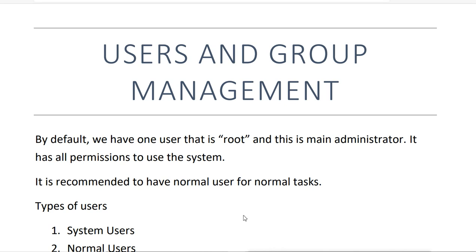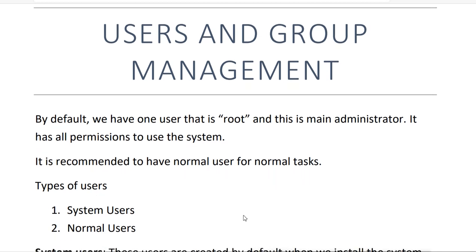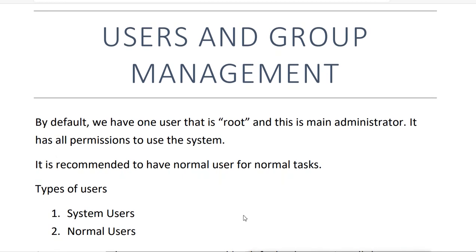This way, the administrator of the system can also monitor who is accessing the system and what they are doing. Now in our Linux system we have two types of user accounts: system user accounts and normal user accounts. A system user account, just like the root user itself, is a system user account. We don't create it, it comes automatically. System user accounts are used to manage the services of the system. That means whenever we install any service or application in the system, for running those applications or services, they come with a user account.